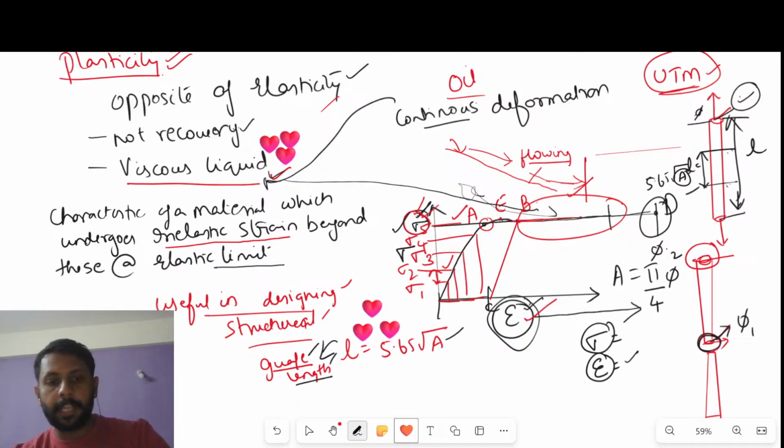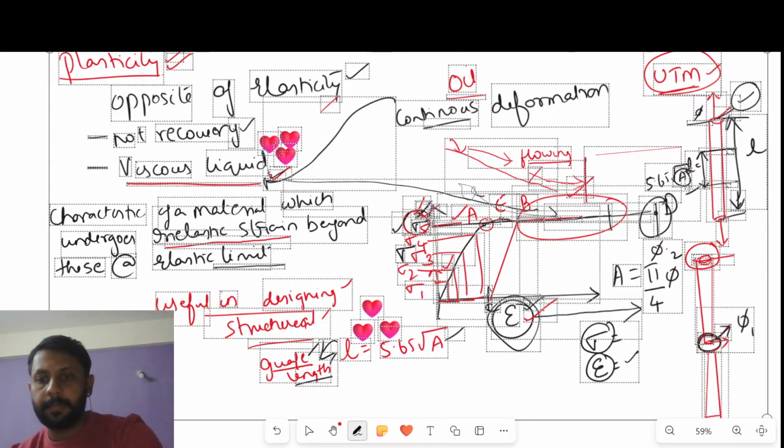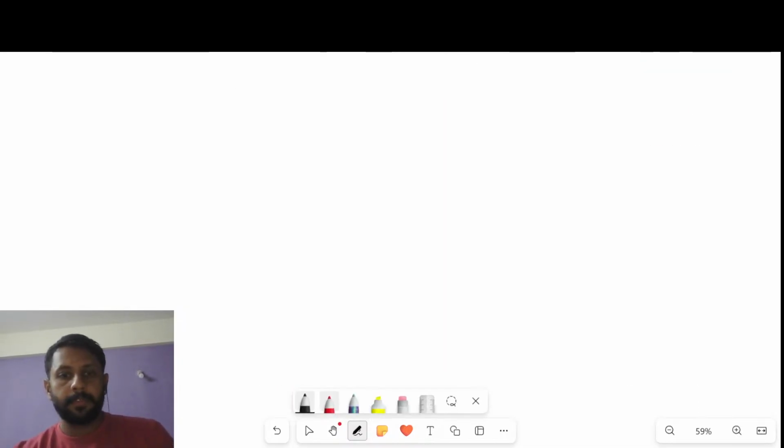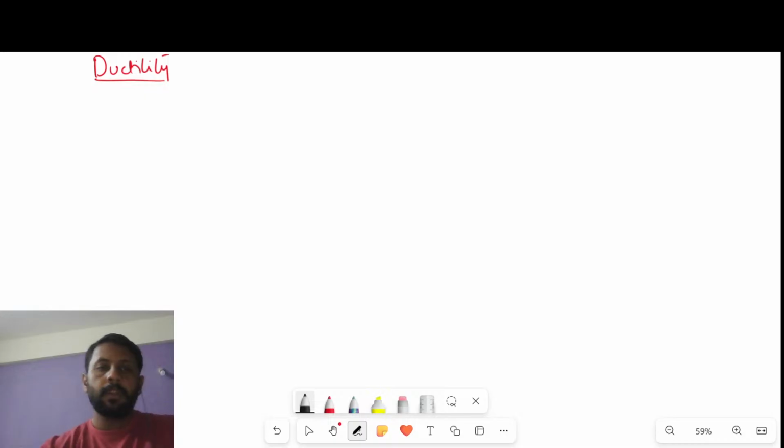Okay, shall we move on to the next property now? Yes, sir. So the next property is ductility. Next property is ductility. So ductility is one of the characteristics of a material which will allow the material